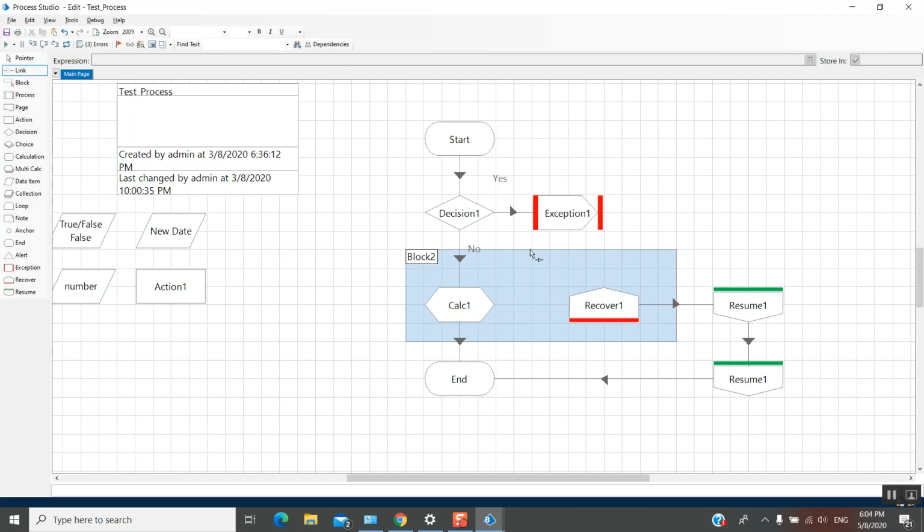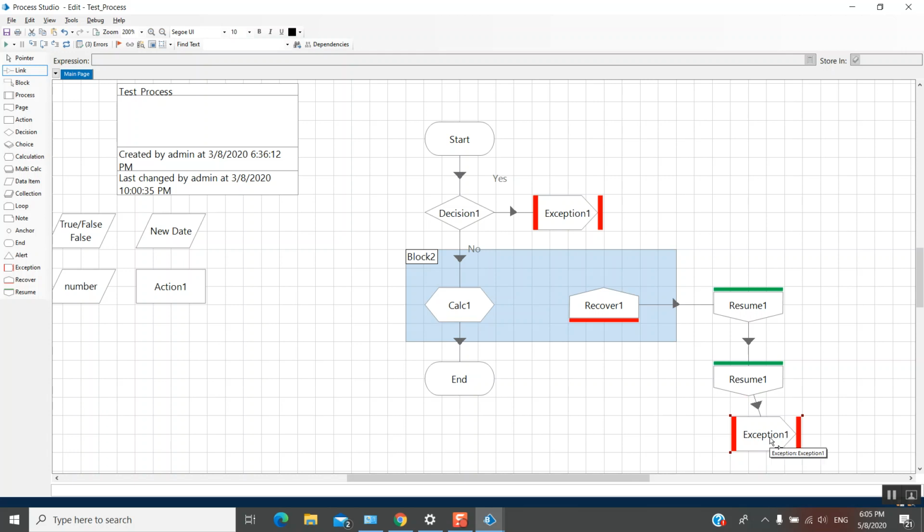Okay, here I am going to give the recover an input, but it is not possible. You can see here, we cannot give an input to the recover stage, and I am trying to get the output from the exception stage, but that is also not happening. So we cannot get output from exception and we cannot give input to recover stage. But resume we can have accordingly. So if I want to have an exception after the resume, we can provide.